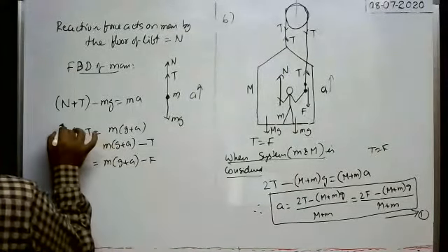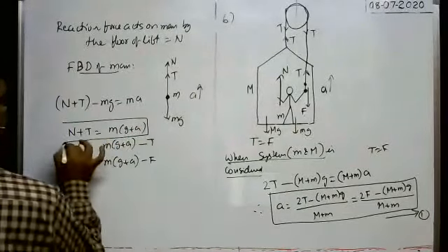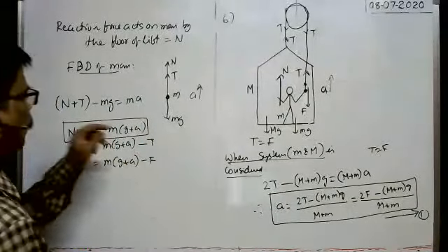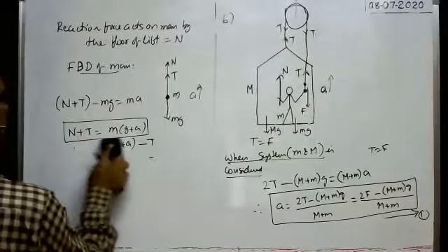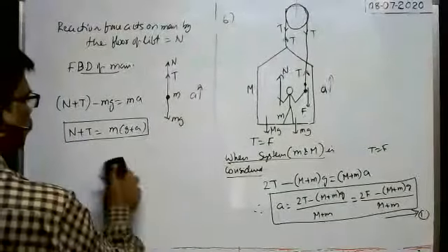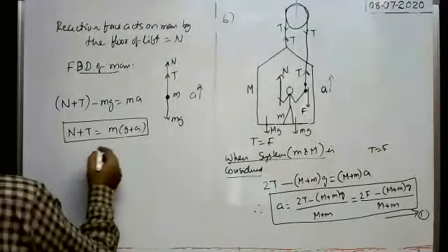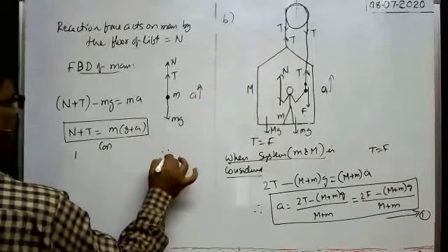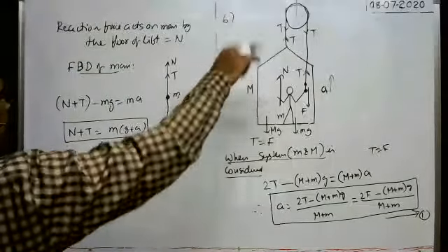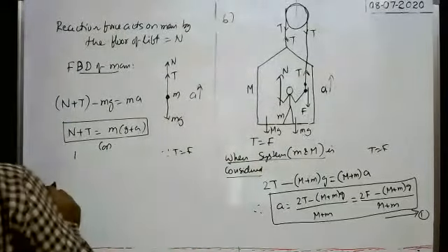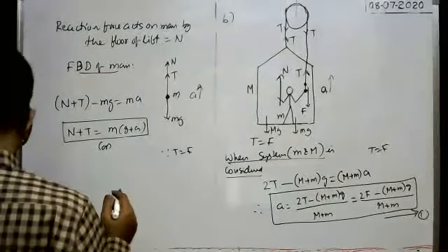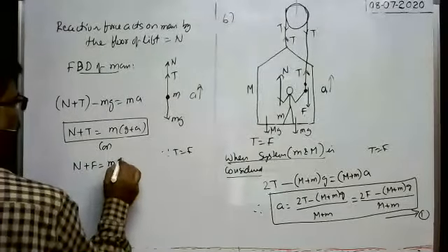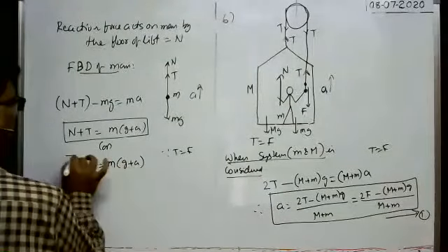Of course, we can remember it like this. It is better to remember it like this. Or a can be calculated by using this formula, then you substitute here. So this is also equal to R, as N is equal to T is equal to F. Since T is equal to the force with which the rope is pulled, normal reaction plus F is equal to m(g plus a). Very, very important formula.